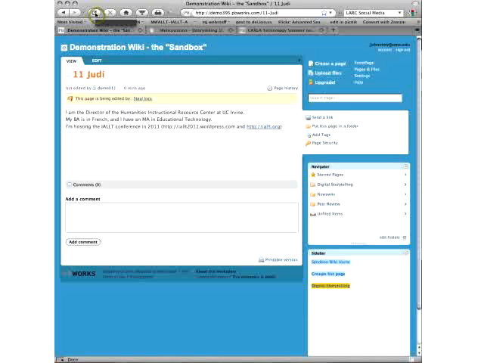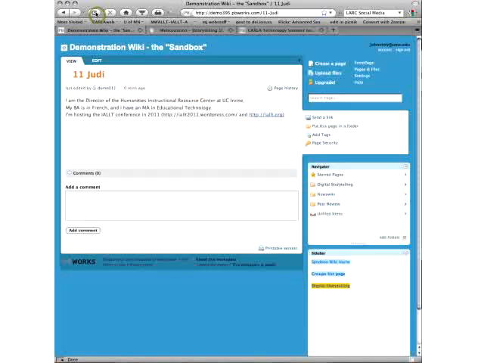Judy, do you want to save your page now? Yes, the joys of concurrent editing. Yeah, that was the first time I did a workshop with a wiki. I used Wikispaces, and I had 25 teachers all typing in one window at the same time. And they all kept saying, well, I see it for a minute, and then it disappears. And they couldn't understand, and I didn't understand what it was. So now Judy has saved her page, and I've refreshed my page, so now I can come in and I can edit in Judy's page.